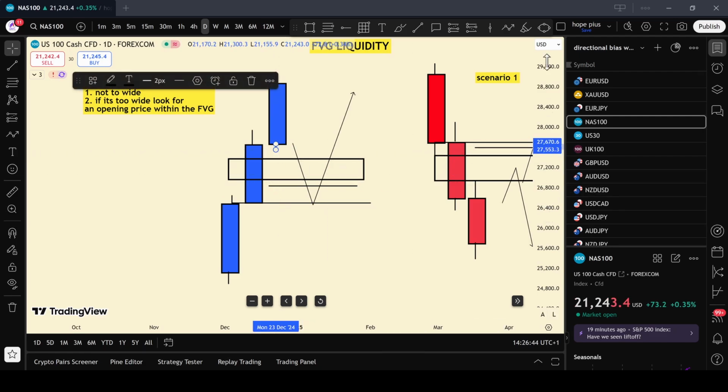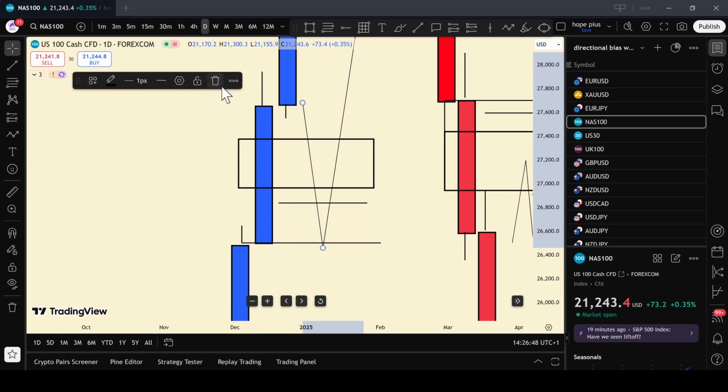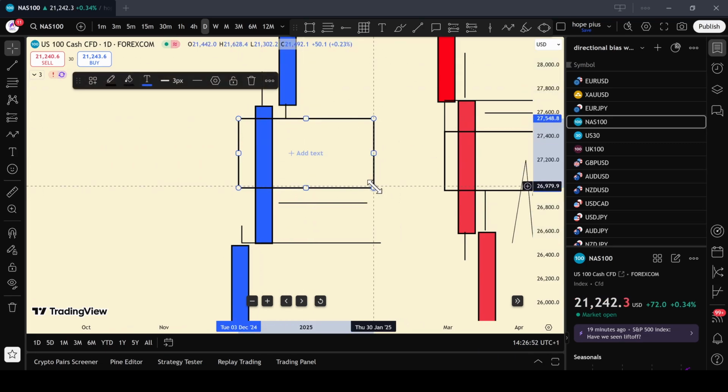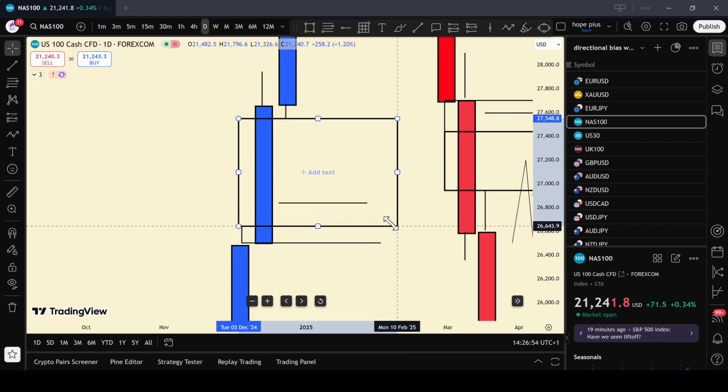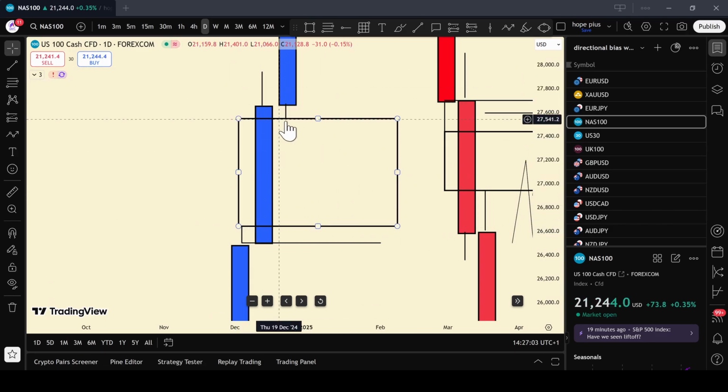Okay, and then let me make this like this so that it appears to be very wide. So in this case, we have a very wide fair value gap here. Now, when I see that the fair value gap is too wide, becoming a very big rectangle or square, what I will do is simply, once price comes in there,